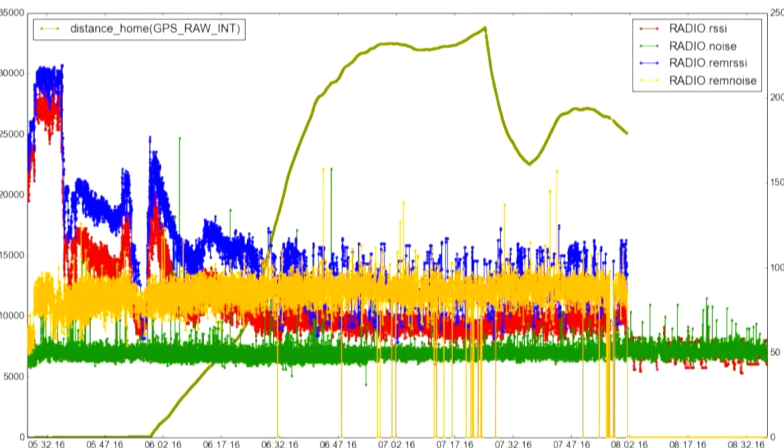And so the radio link was critical for that, and what you can see here is the distance from home, which got up to 35 kilometres, line of sight. And you can see that the radio link had only a few dropouts in that flight. And the cause of them, see on the left there, the yellow line is the background noise in the aircraft.